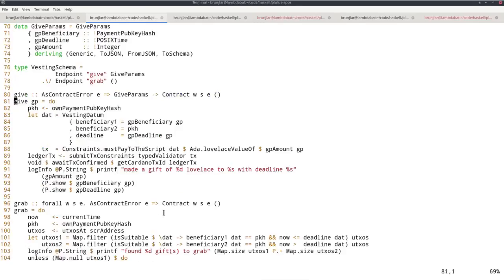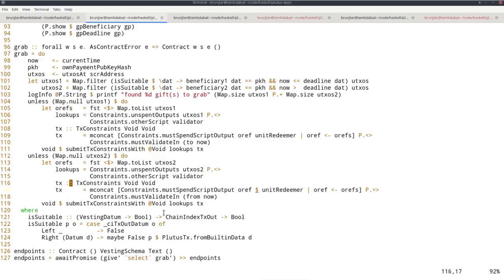So the give simply sets the given beneficiary as beneficiary 1 and the wallet itself as beneficiary 2. So the giver can grab back once the deadline has been reached and passed. And grab